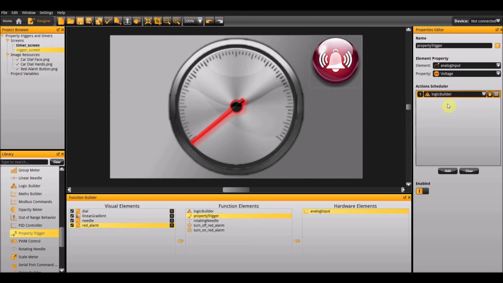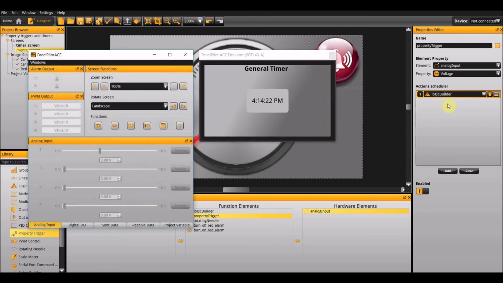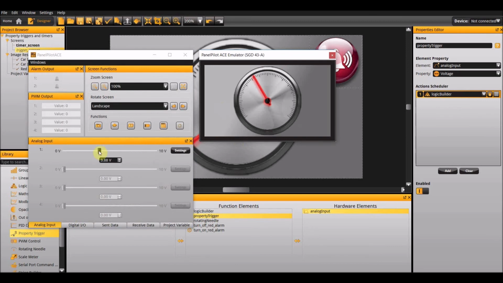When you preview this in Emulator, and again, you can see when the timer goes to the next screen, when you move the analog input, you can see when the alarm is triggered. This project is now